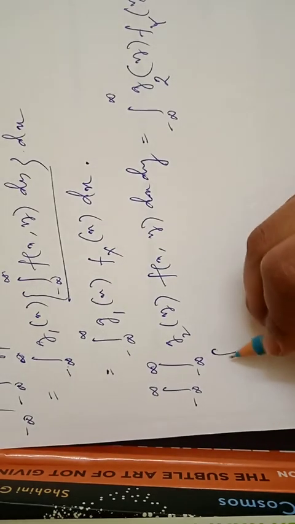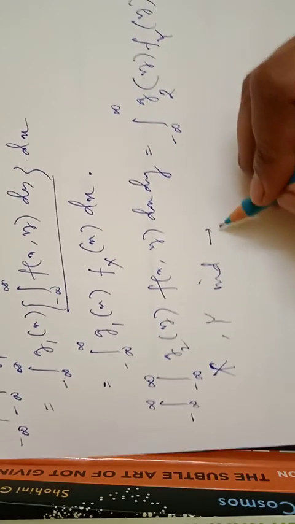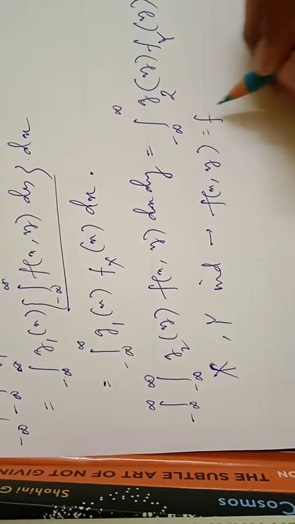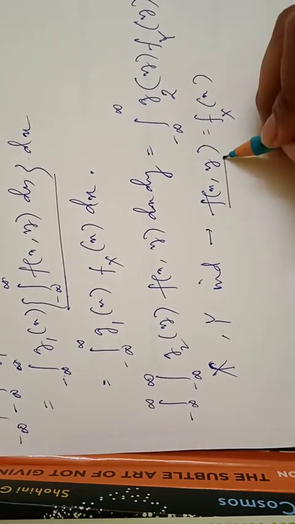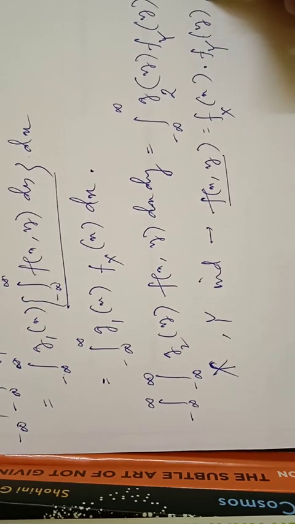Right? Now it is given that x and y both are independent random variables. So for independent random variables, we know the probability density function can be written as this, that is, the joint density function equals the product of the marginal density functions. Okay,